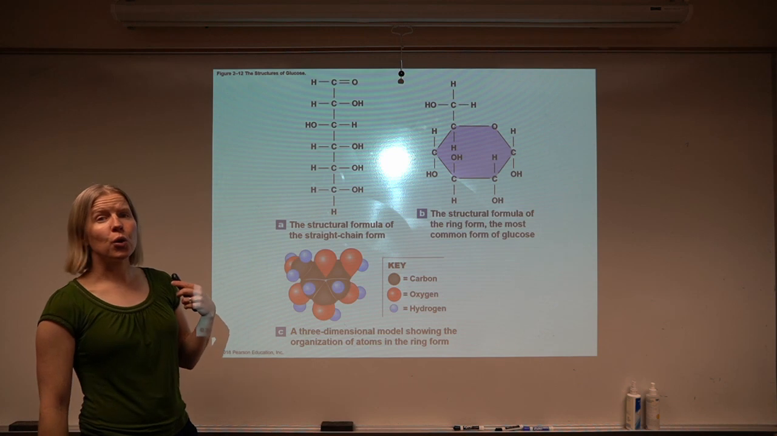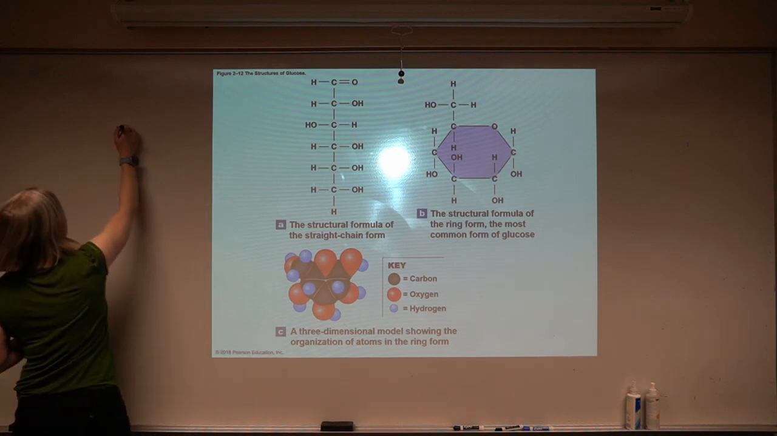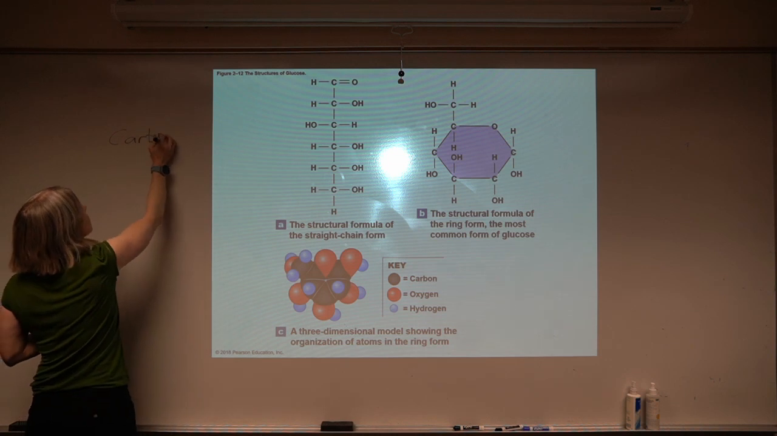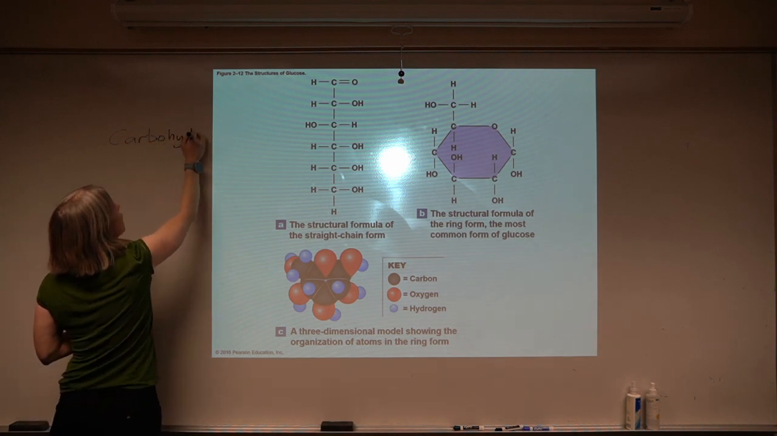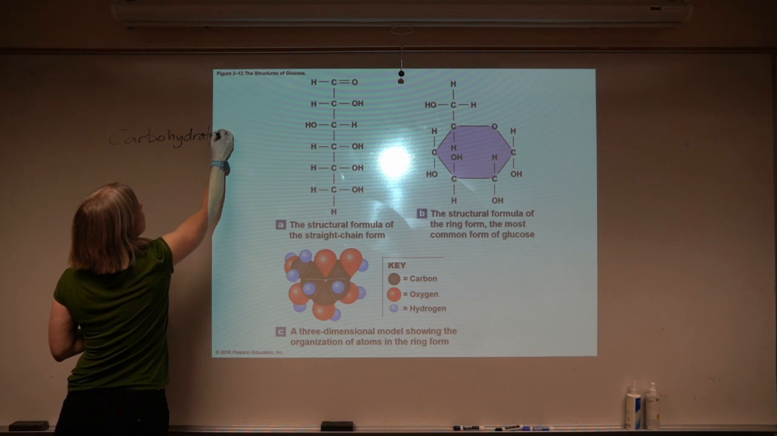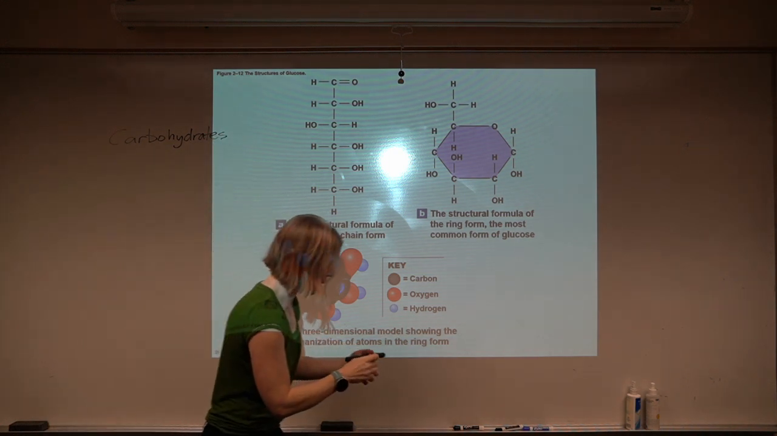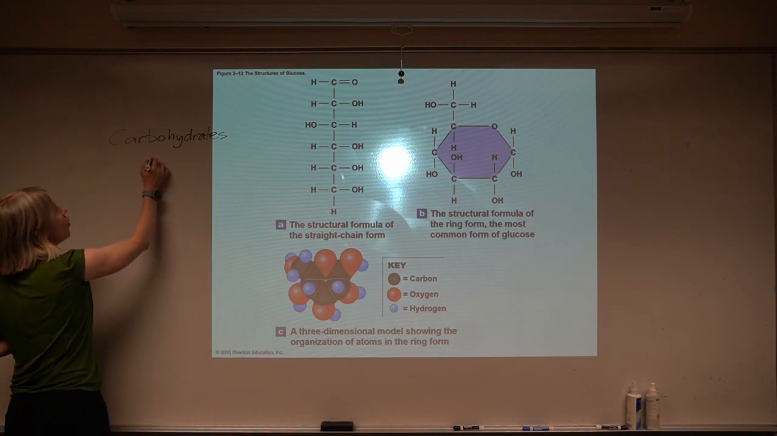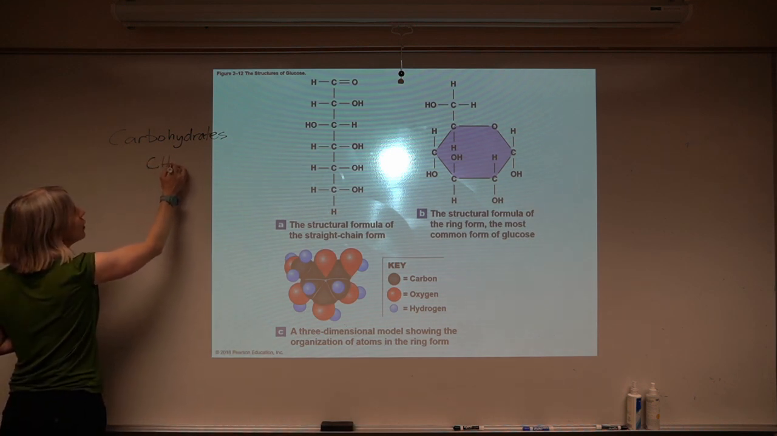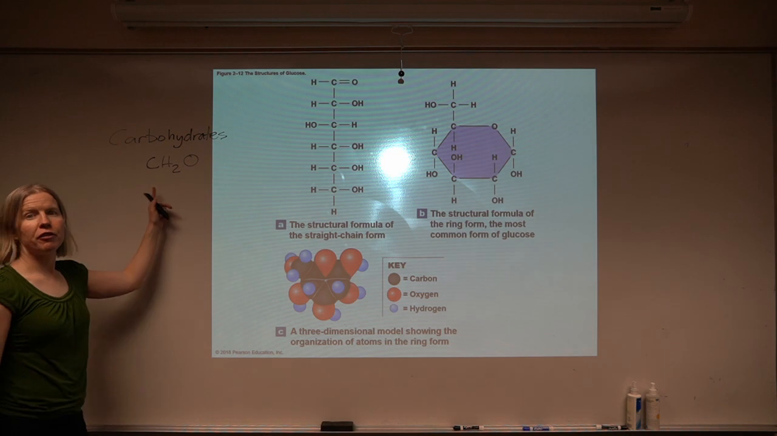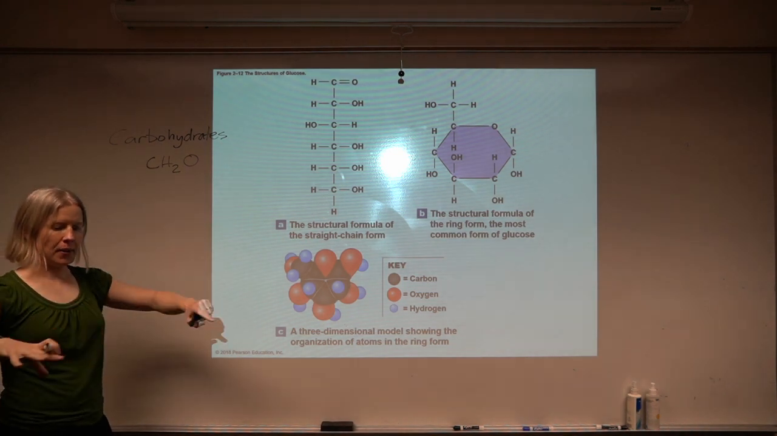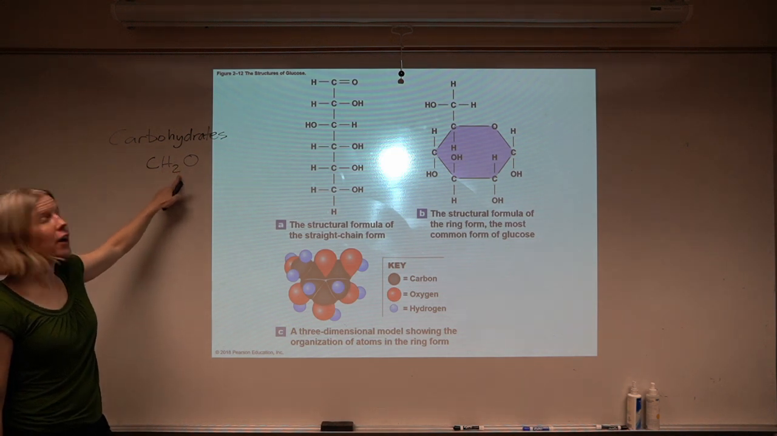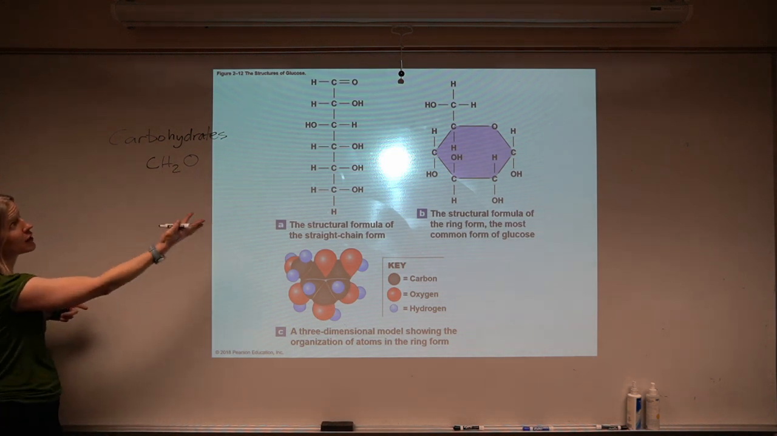All right, so let's start off with carbohydrates. I'll find a better marker here. Right, so carbohydrates. Basically, all carbohydrates are going to fit this ratio, right? 1 carbon to 2 hydrogens to 1 oxygen. So for example, here they're showing us